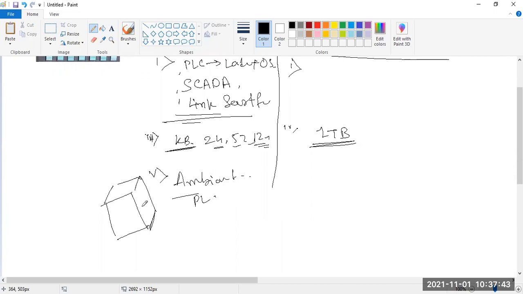So sometimes a closed control panel is required, and it is generally installed under an HVAC system. And your PC can only handle 28 to 40 degrees centigrade, and above that your PC may be damaged. So ambient temperature, a home or room temperature, is required. That is all about the difference.